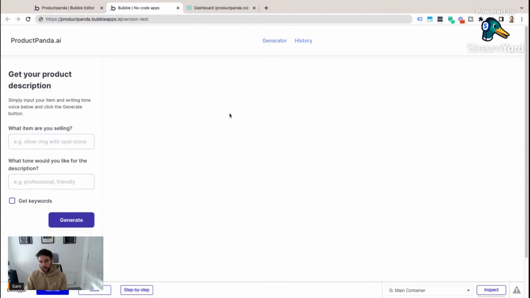So today what we're going to do is just make some adjustments to it, and then we're just going to deploy it and get it live. So let's have a quick look. What item are you selling? So this can pretty much work with any type of item. I'll show you like a jewelry piece,